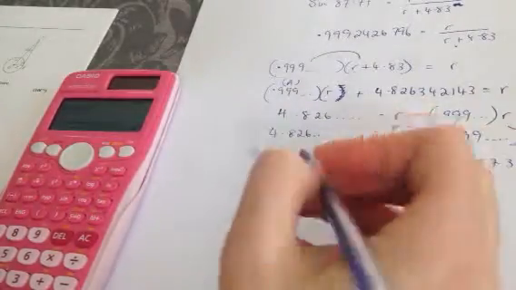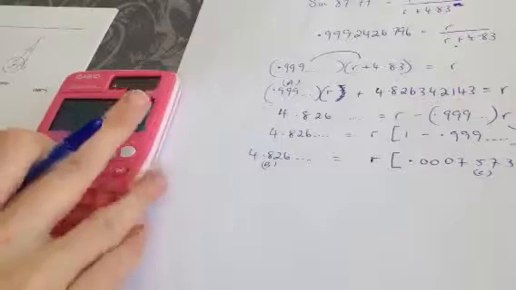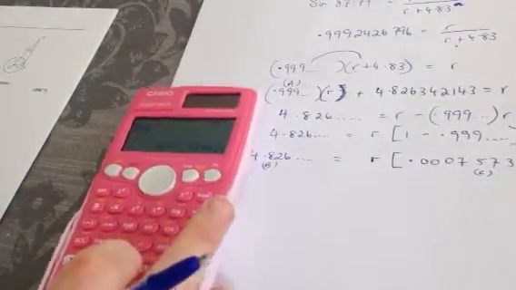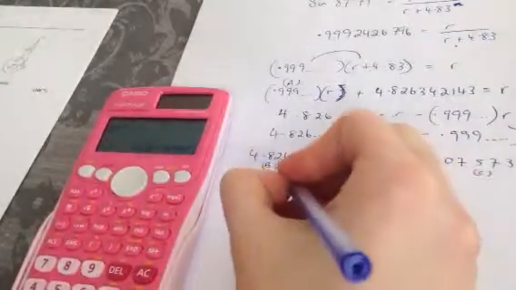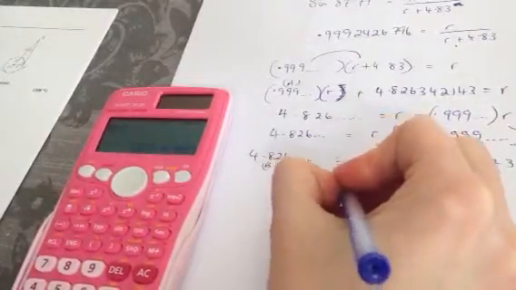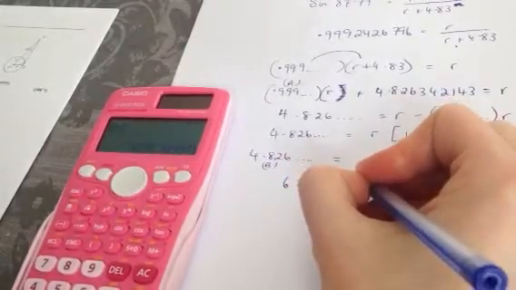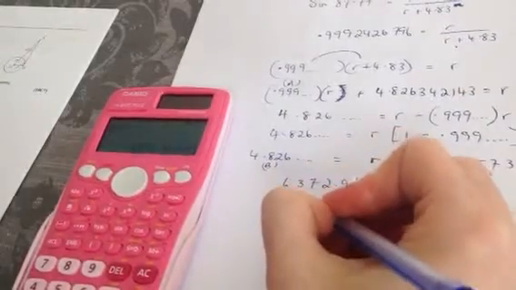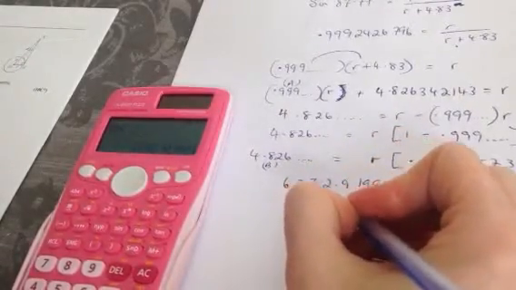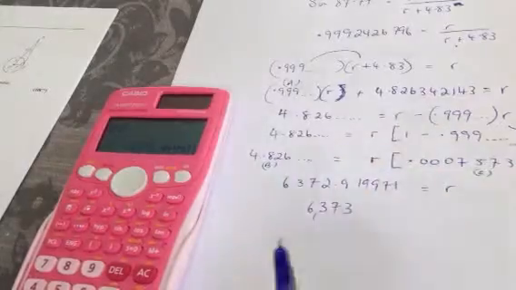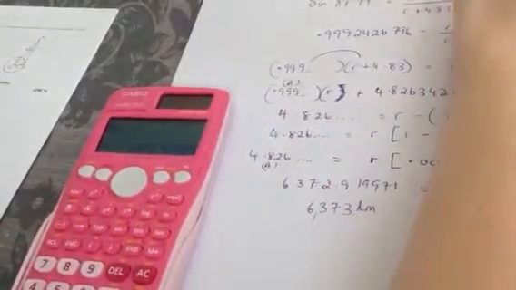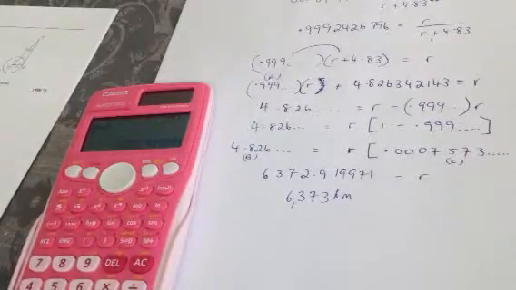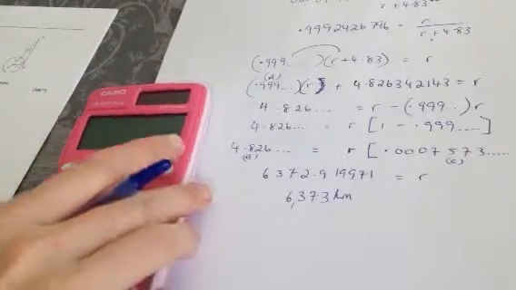So now I need to bring this over, it becomes division, so it's B divided by C, which leaves me with 6,372.919971 is equal to R, and when I round it off, 6,373 kilometres, which is what they wanted at the start. Okay, part B then, it says,